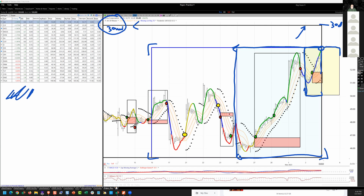And then I like to keep this one projected 1 day in the future so that I can see what my mechanical entries would be, my mechanical exits if I'm doing swing trading 1 day at a time. You know, that would be this kind of a move. And then this is the yellow zone in which we can trade if we see a 2-to-1. Like, for instance, in Alcoa,